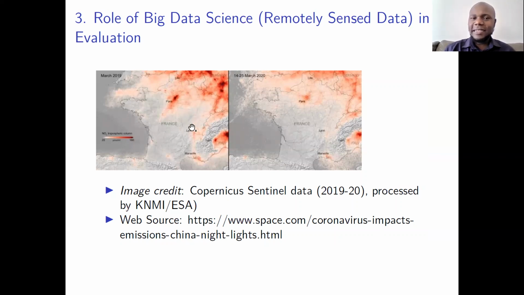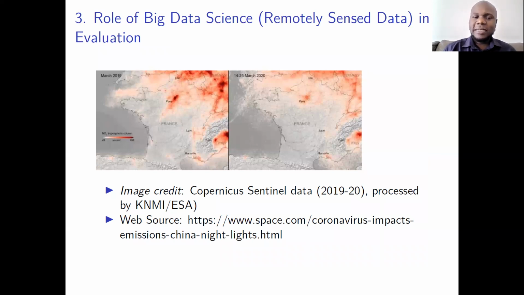This is night lights data. Night lights are a proxy for economic activity. So we see these bright red areas, which means that the economy was working at full throttle before these lockdowns. And a couple of weeks afterwards, when the lockdowns were implemented, you see these lights dimming. So instead of maybe sending enumerators into these areas to interview people so that you can have an idea of the effect of these lockdowns on economic activity, you can simply rely on night lights, which are provided by satellite.